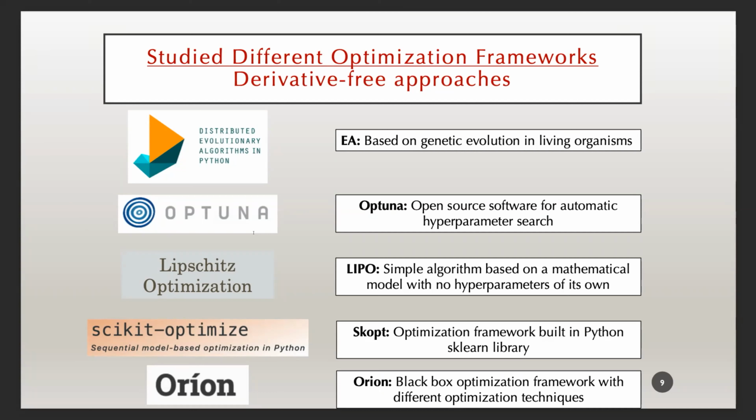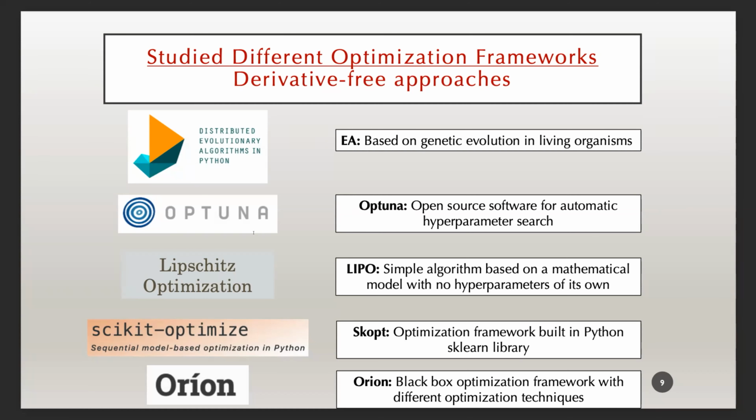Then the third algorithm that we have considered is the Lipschitz optimization, referred to as LiPo in the talk. So this is a very simple algorithm based on a mathematical model, and it doesn't have any hyperparameter of its own, which is very rare. And then the fourth one is the scikit-optimize, referred to as skopt in the talk. So this is an optimization framework built inside the Python sklearn library. And the last one is the Orion, which is again a black box kind of optimization framework, and has different